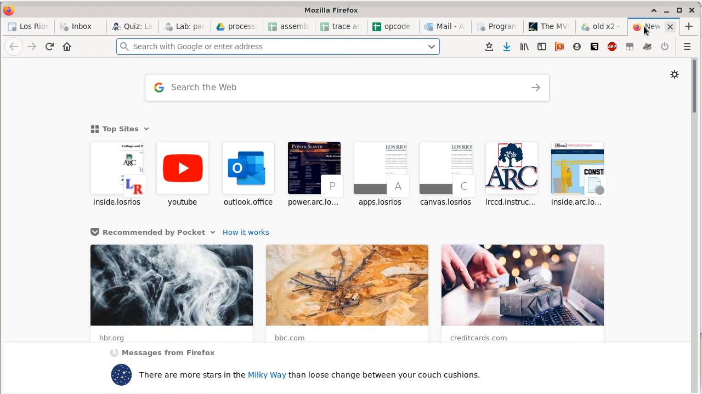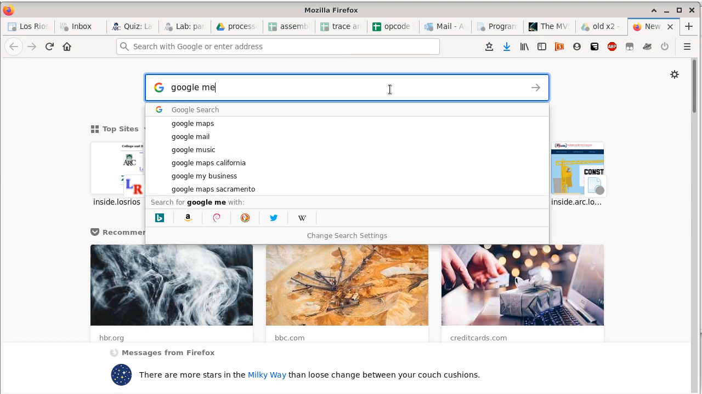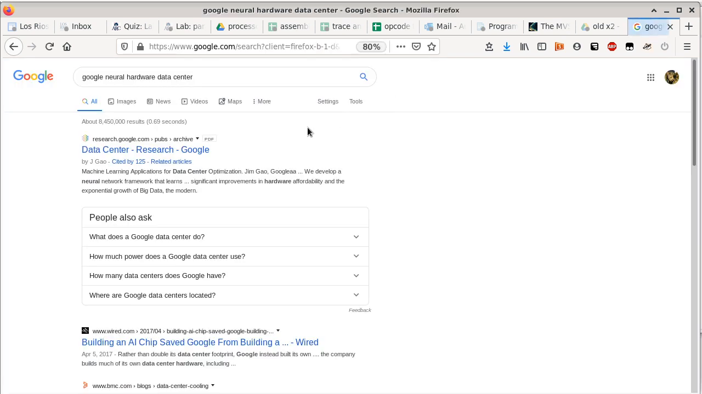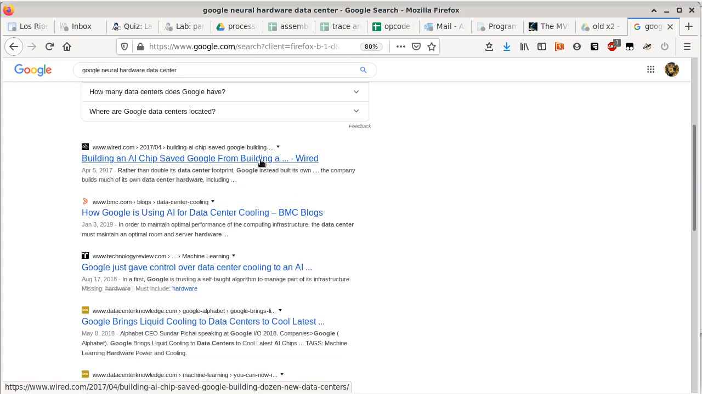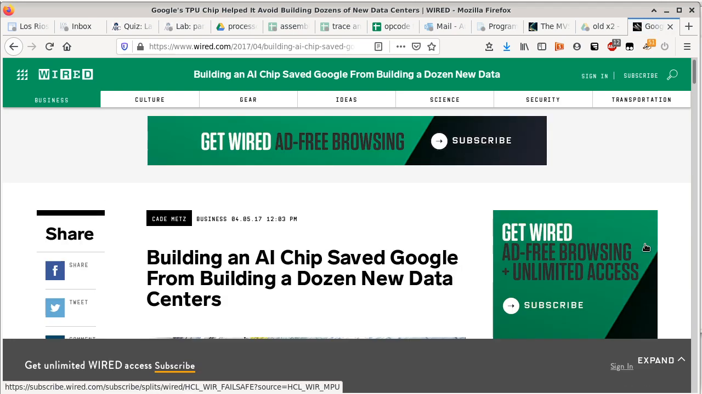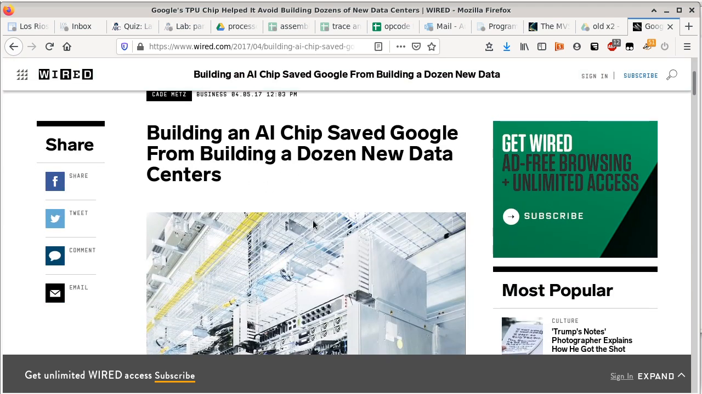This is an article that you might be interested in, if you want to look into specialized hardware for specialized types of computing. It's the Google Neural Hardware Data Center article. It's an older article, pretty old: April 5th, 2017. So what Google did, because Google had to do all kinds of AI stuff with image matching,